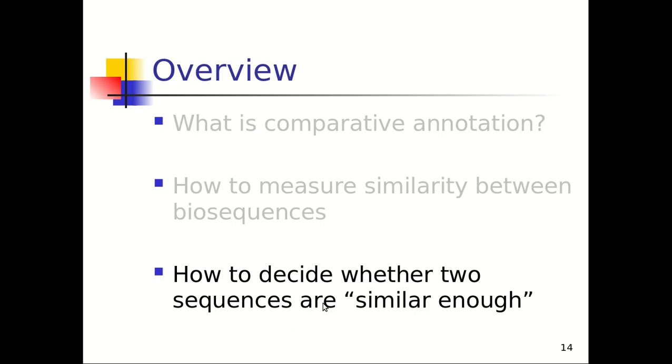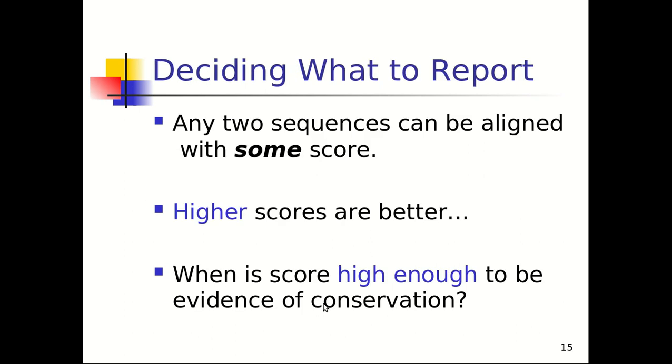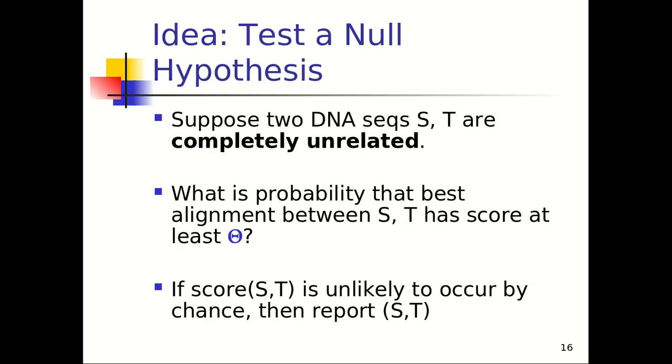All right, how to decide whether two sequences are similar enough? Okay, this is a good question. Once they're aligned and you have a score, well, higher scores are better. And when is the score high enough to be evidence of conservation? So if you come up with a score, when is it high enough that you think that the two sequences may have come from a common ancestor? Well,